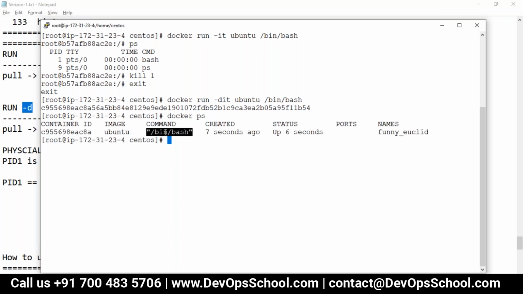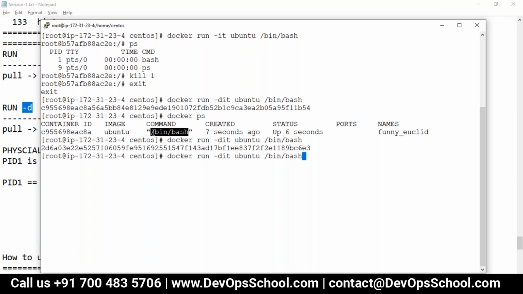Now what is this guy thinking, you did clever work. You created a container with IT interactive bin bash, and bin bash is thinking someone is using me interactively, but you did the trick. You came out of this, you detached from that. So the container keeps waiting in interactive mode. Bin bash keeps waiting in the interactive mode. Okay, so you can create as many containers as you want. Two, three.